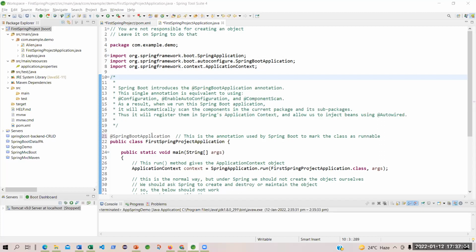So this annotation, SpringBootApplication, is equivalent to using the Configuration annotation, EnableAutoConfiguration annotation, and ComponentScan annotation. These were again taken care of by the Spring Framework.